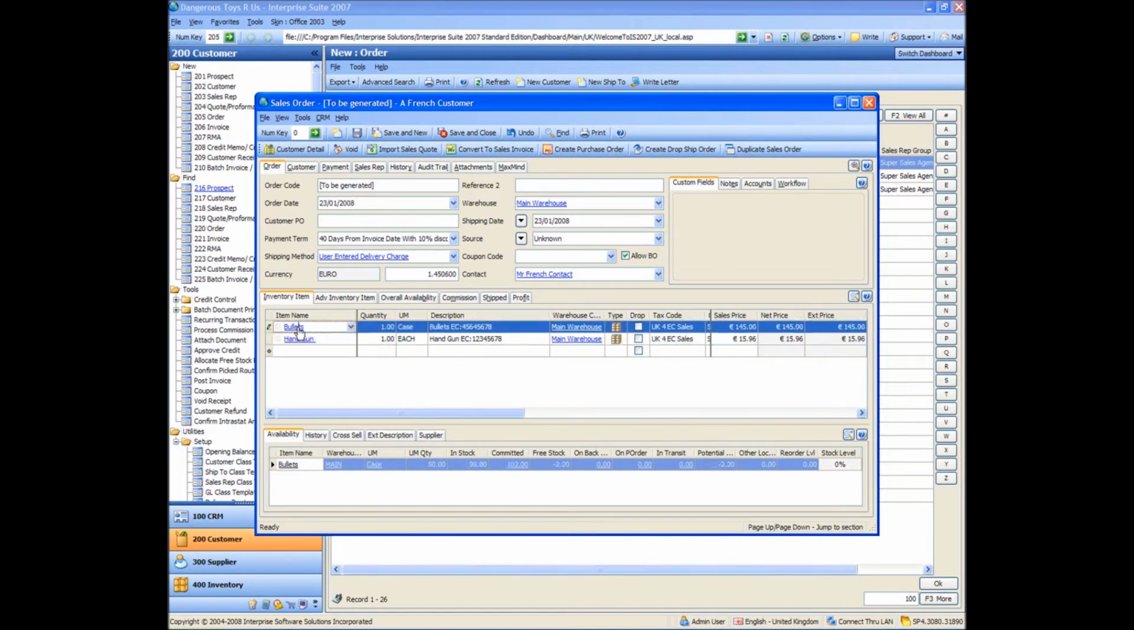Now, while I'm on the bullets, you'll notice that the stock information in the bottom here is showing the quantity in cases now, because I've changed the unit of measure. So if it was eaches, it'd show a lot more, as obviously it'd show them individually rather than cases of 50. Okay, so I'm now going to save and close out of this order,